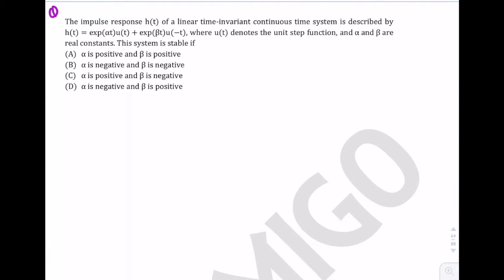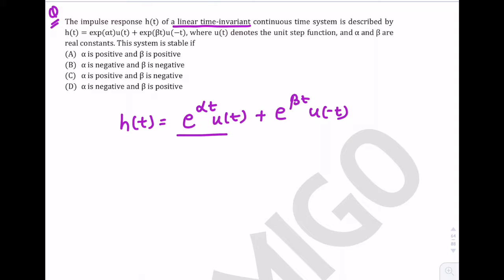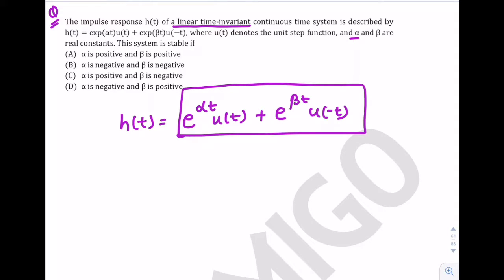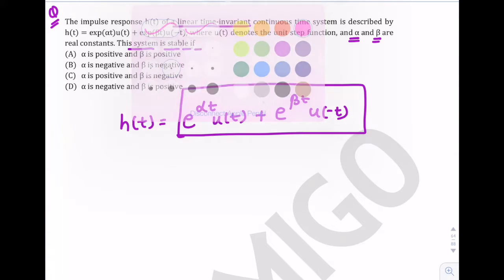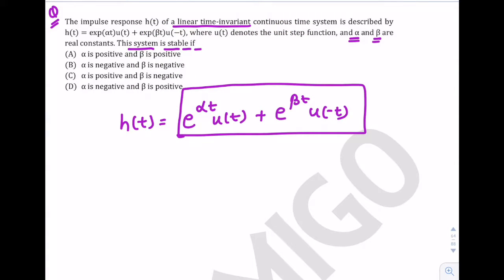This is another question. Here it is given that h(t), the impulse response of the LTI system, is e to the power alpha t u(t) plus e to the power beta t u(-t). We have to find the conditions on alpha and beta so that the system is stable. Now, as we have seen in the previous sections of the lecture series, for stability